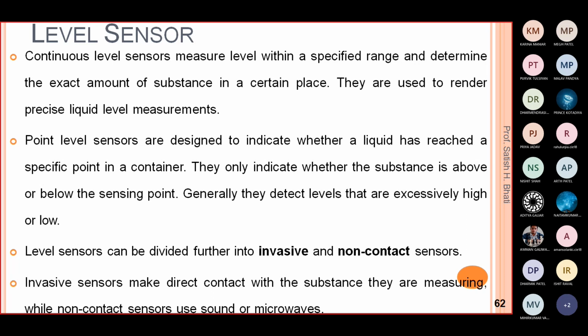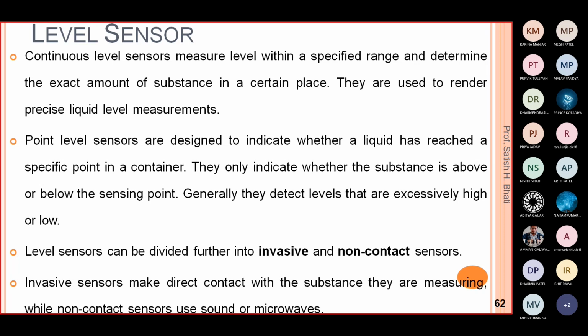And the continuous level sensor will give you continuous readings about the level. Starting from zero it will tell you now it's 1 ml, 2 ml, like 1 liter, 2 liter. Between those values also, they will provide the amount or whatever the mass of the material is. They will provide continuous readings like 2.3 liter, 3.4 liter. So continuously they are providing the reading. Those types of level sensor are continuous level sensors.